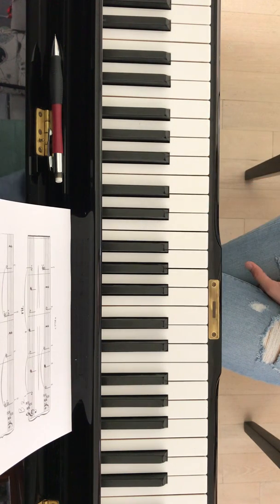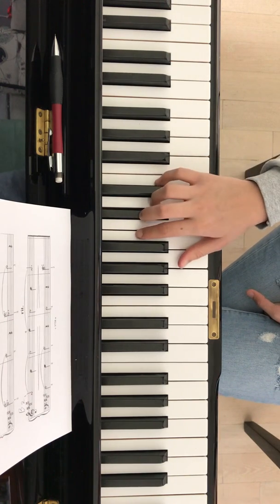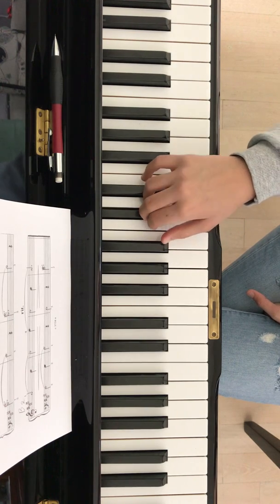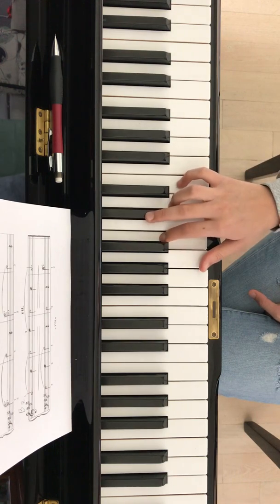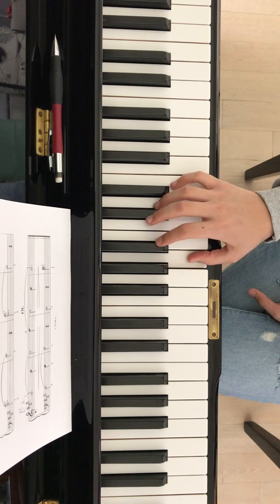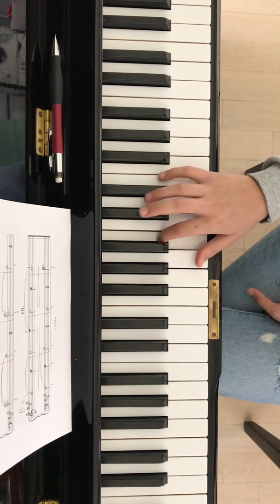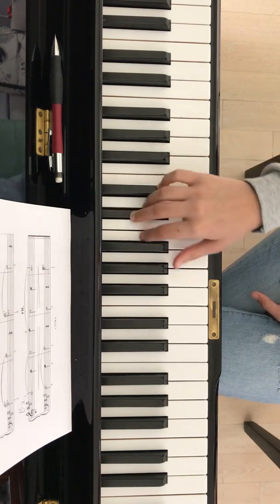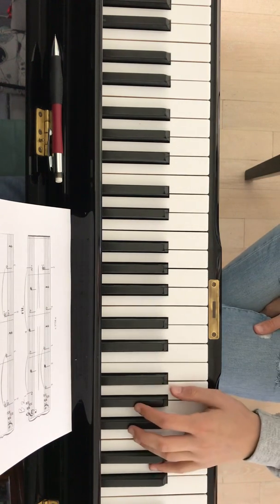So one more time, third bar of the B1 part. 1 and 2 and 3, oops, sorry. 1 and 2 and 3 and 1 and 2 and 3 and... It's really easy. One more time. 1 and 2 and 3 and 1 and 2 and 3 and... Okay, so now left hand